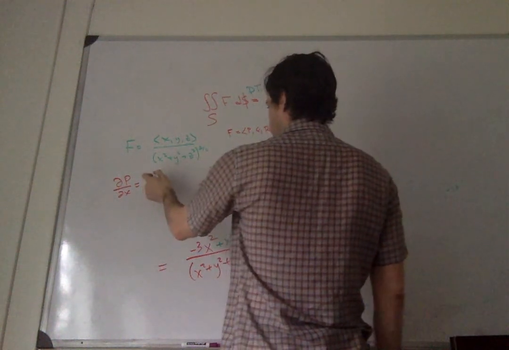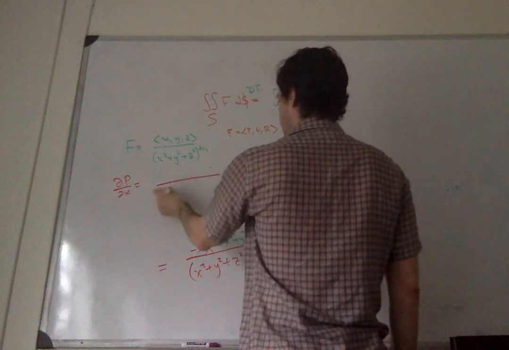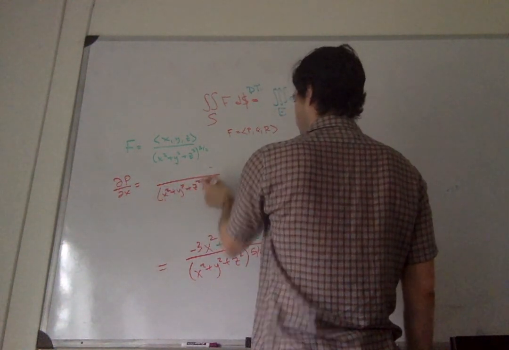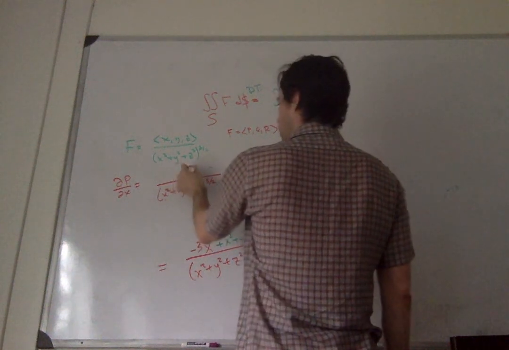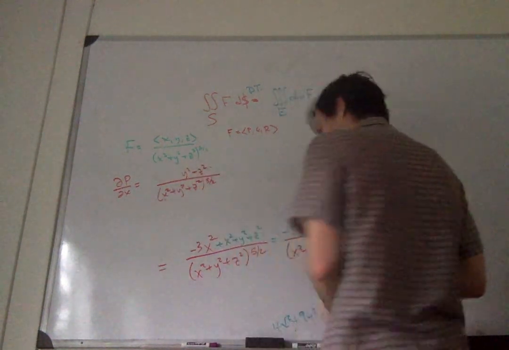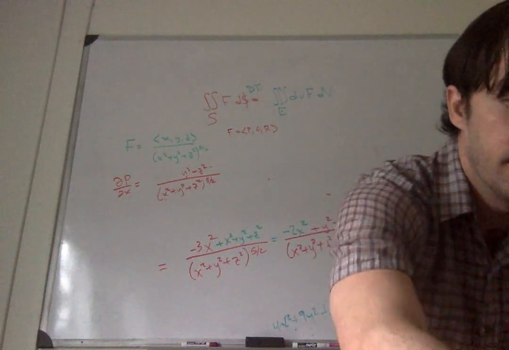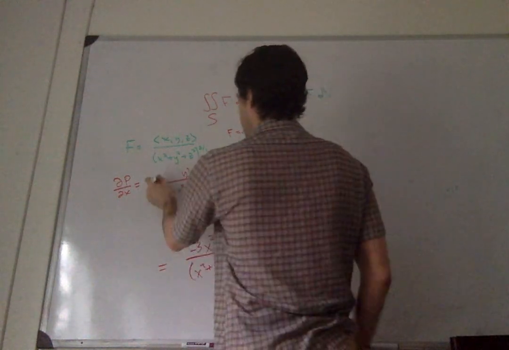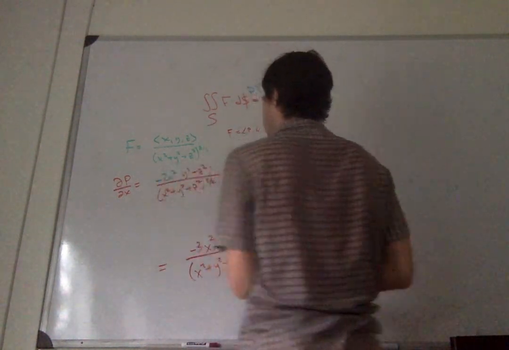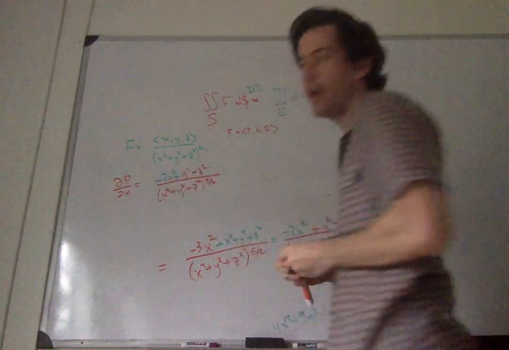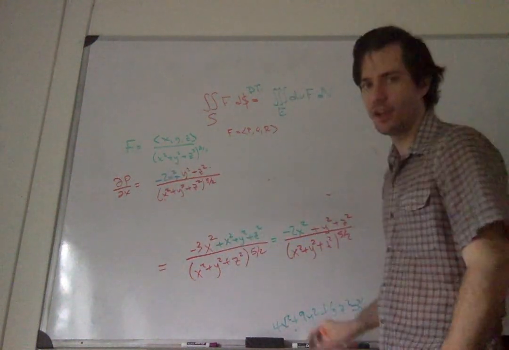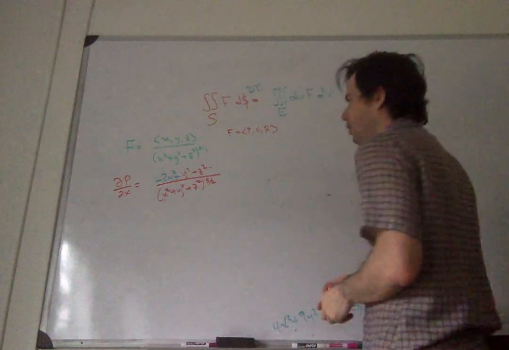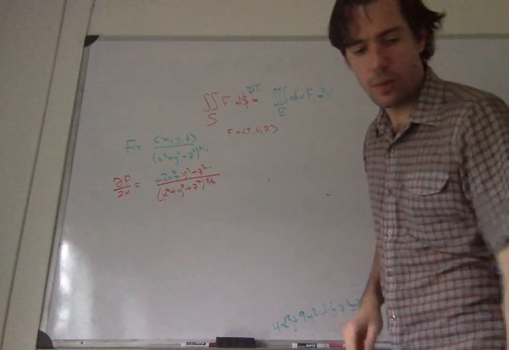Okay, so to summarize, this is going to be x squared plus y squared plus z squared raised to the 5/2 power, y squared plus z squared. Okay, and then negative 2x squared. Okay, so I wrote it in a different color for a good reason, because we have that symmetry, right? So obviously, when I compute the